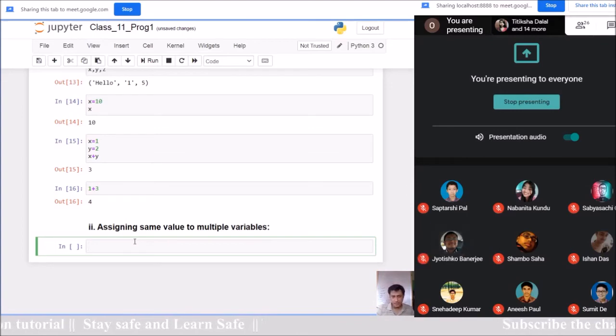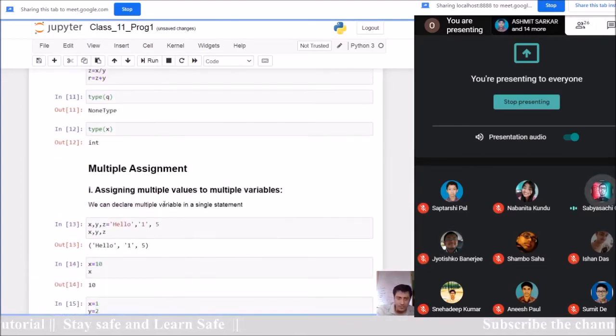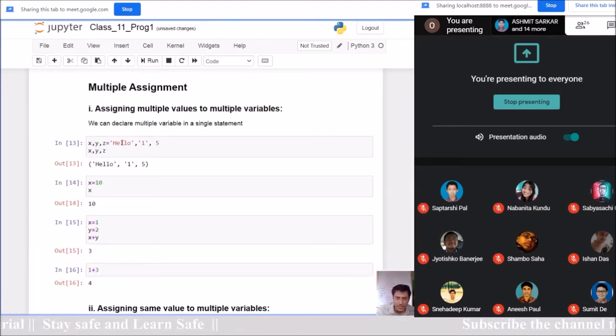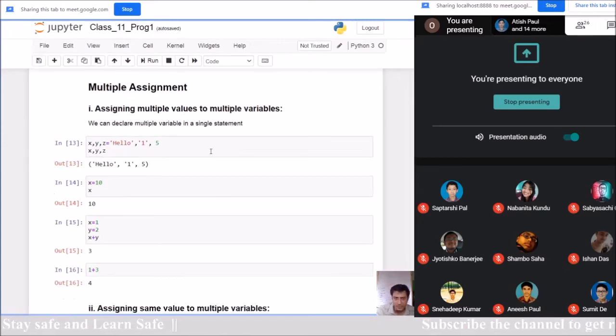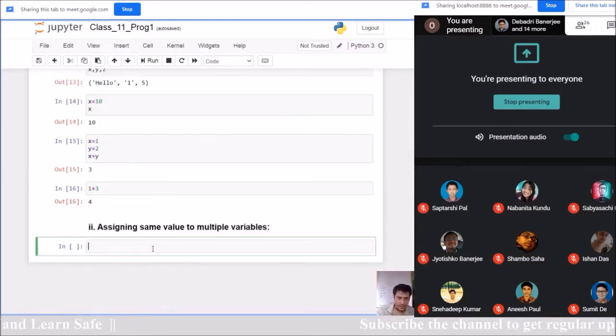Yes, sir. In this part we have seen that we have assigned multiple values to multiple variables here, and here we are going to assign the same value to multiple variables. How can we do that? x equal to y equal to z equal to n number of variables.